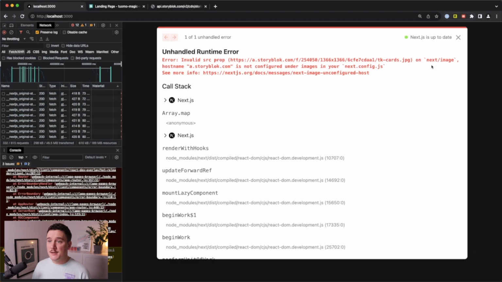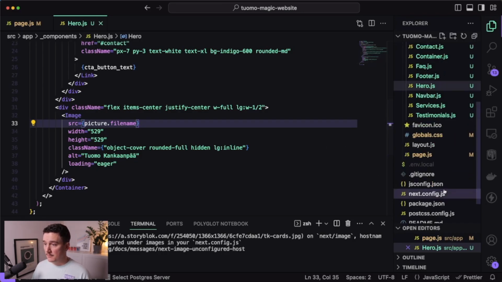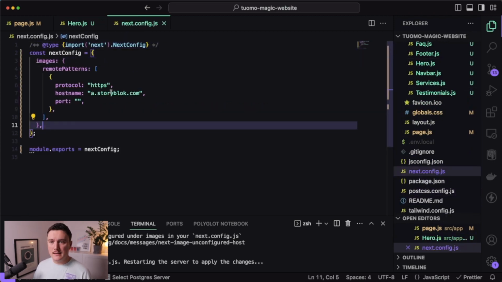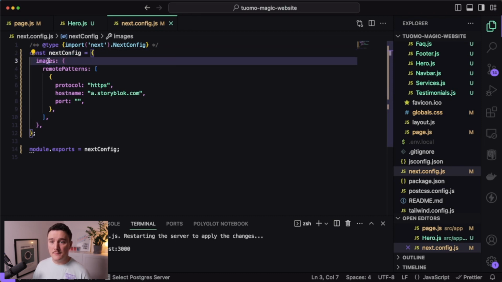And for the next image, we should have the hostname configured in the next.config.js. So this is a property of next image. So if we want to show images from other domains or URLs, we need to define the allowed domains in the next.config.js. So let's do that. So I'm going to open up the Next.js config file over here and let me paste in the definition over here like this. So in order to define the allowed host names, we want to pass in an image object,